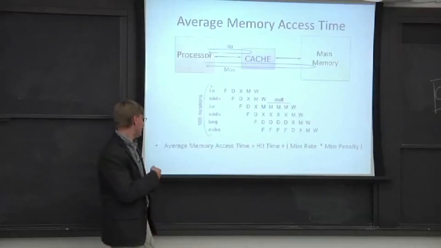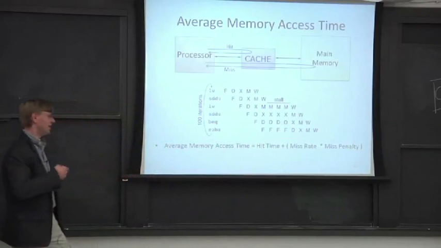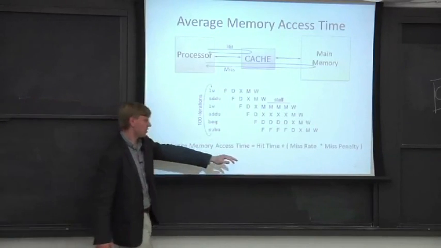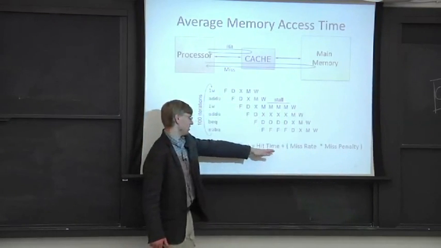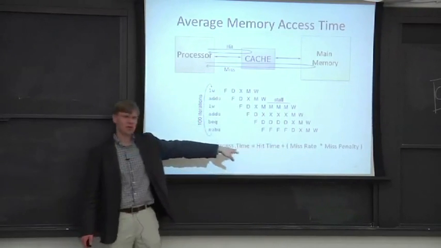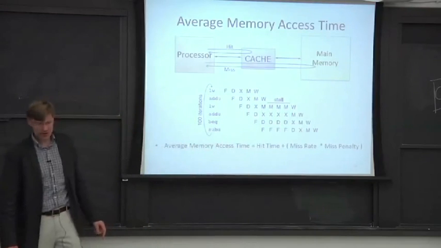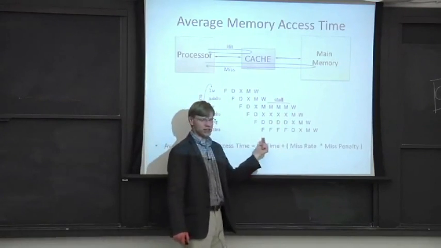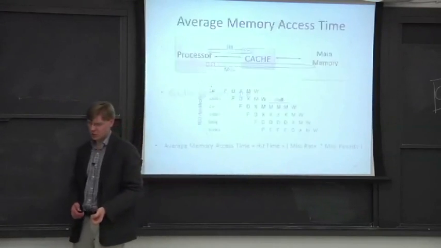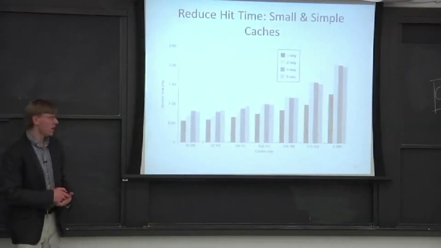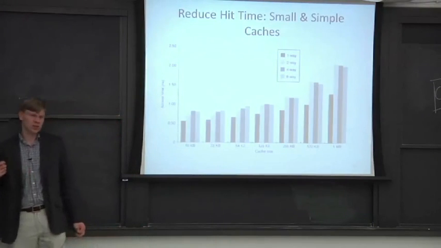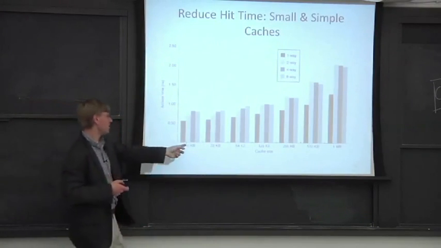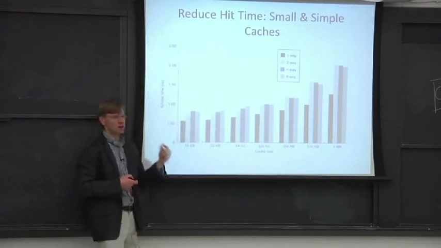So if we go back to this average memory latency equation, we take the miss rate times the miss penalty plus the hit time, how long it takes to actually look stuff up and find something in our cache in the first place. Well, if we can reduce the hit time, that's good. So if we take a cache which, let's say, takes, I don't know, 2 nanoseconds to access, and on a 1 gigahertz machine, that would be 2 clock cycles, and we can somehow replace it with a cache which takes half a nanosecond to access,